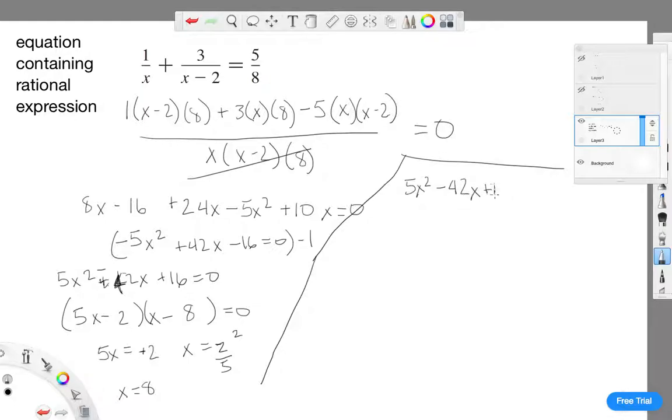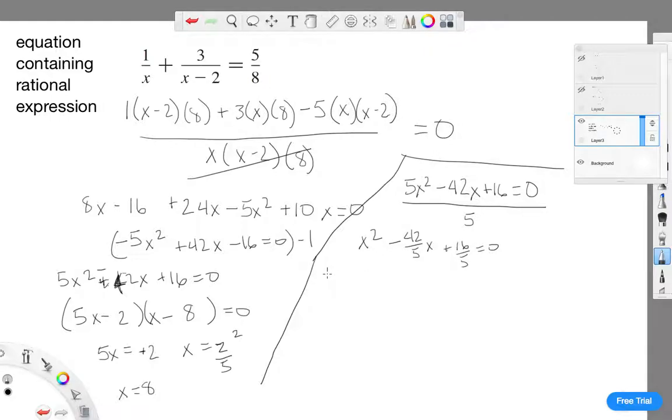So here we have a non-1 a. Let's divide the whole thing by 5, and we get x squared minus 42 over 5x plus 16 over 5 equals 0,